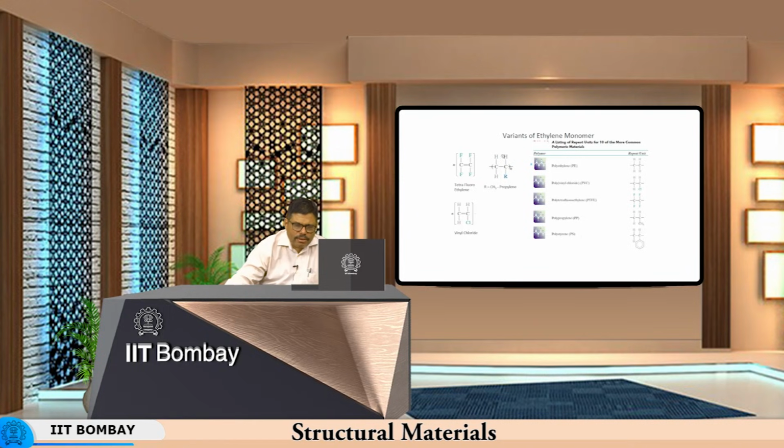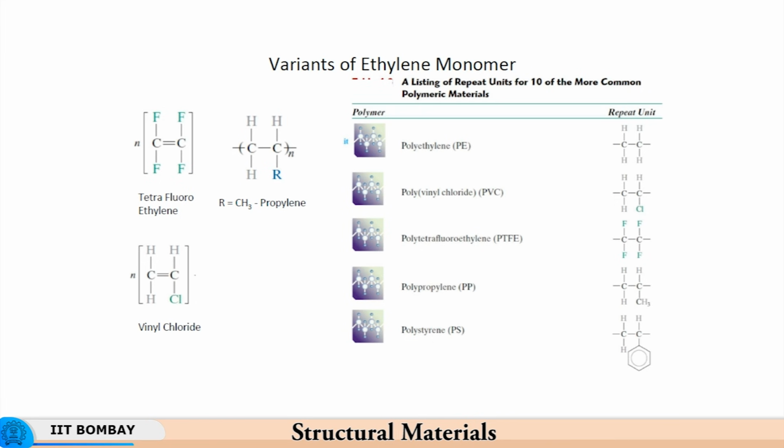These are monomers which, when repeated several times, will result in a big macromolecule. So you have tetrafluoroethylene, which when polymerized becomes polytetrafluoroethylene, which we call PTFE, and PTFE is used for a number of coatings. Lubricating tapes are made out of it, and lubricating coatings are made out of it.